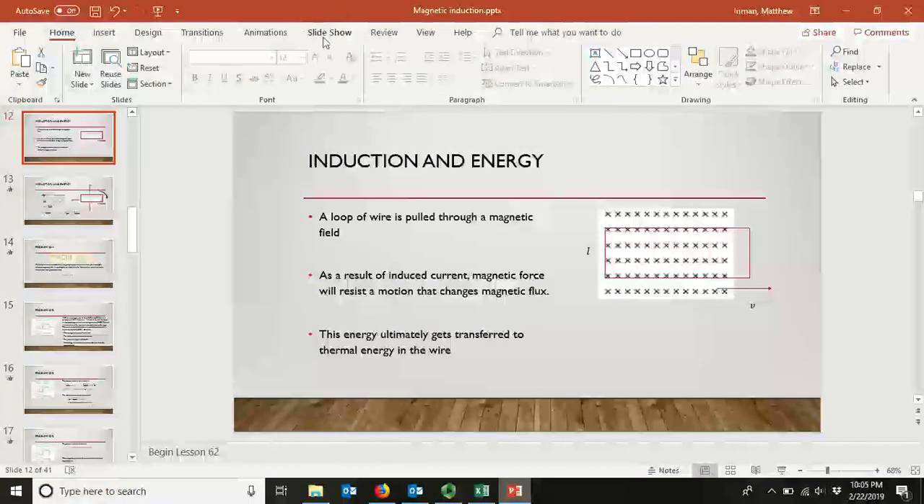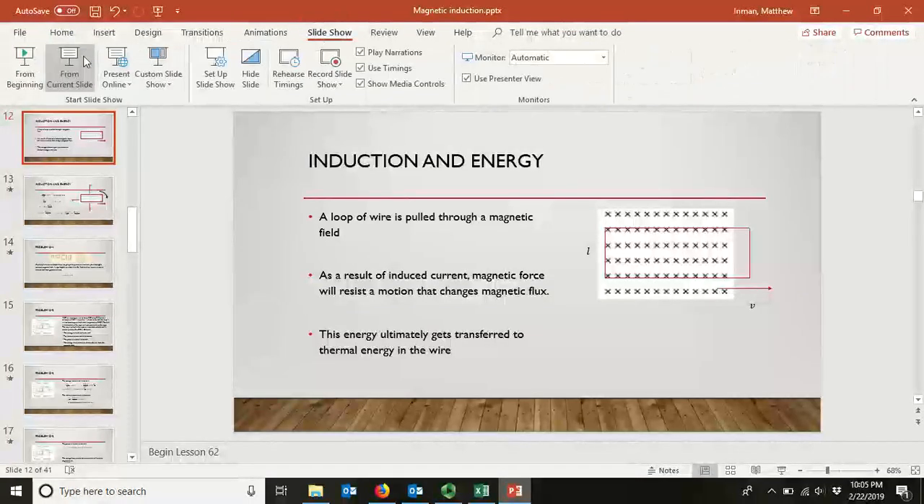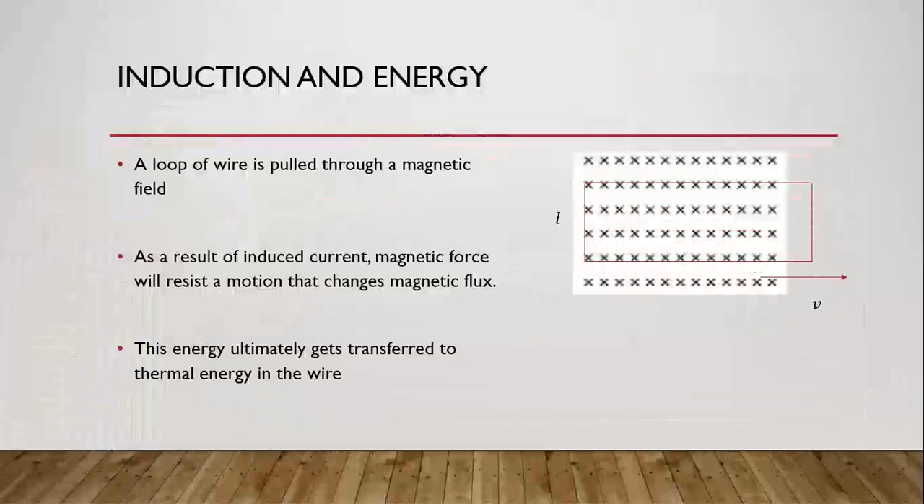Alright, so we're going to start looking at what happens when we pull loops of wire through magnetic fields and look at what happens to the energy and the forces that result from this motion. So we have a loop of wire that's pulled through a magnetic field. As it both enters and leaves a magnetic field, the magnetic flux through the wire changes. Well, that induces a current on the wire, and that induced current experiences a force due to the magnetic field